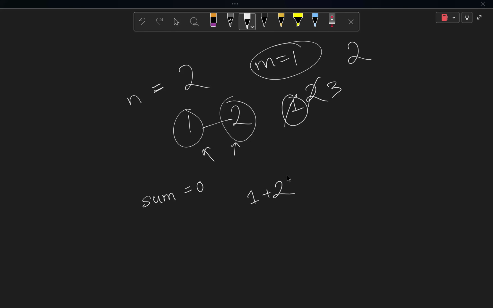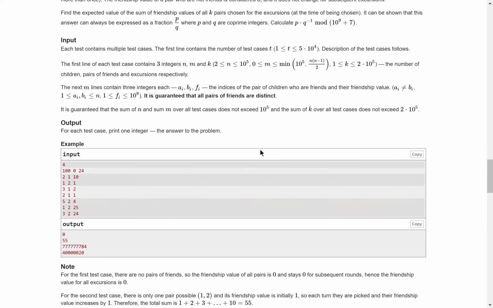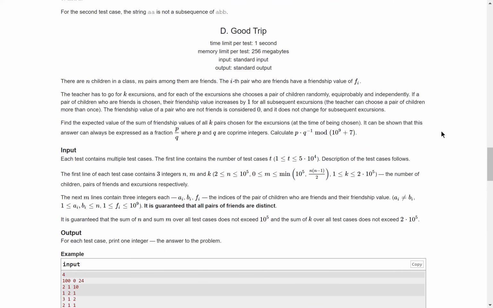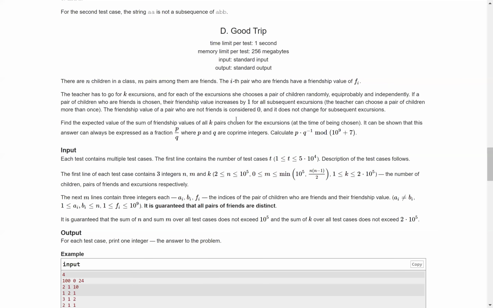The problem is something like this. Let me confirm this one. Yeah, the problem is this only. Now, till this point, it is simple. There is no problem if you have to find out the sum of the friendship values of the k pairs. But the thing is, we have to find the expected value of the k pairs,